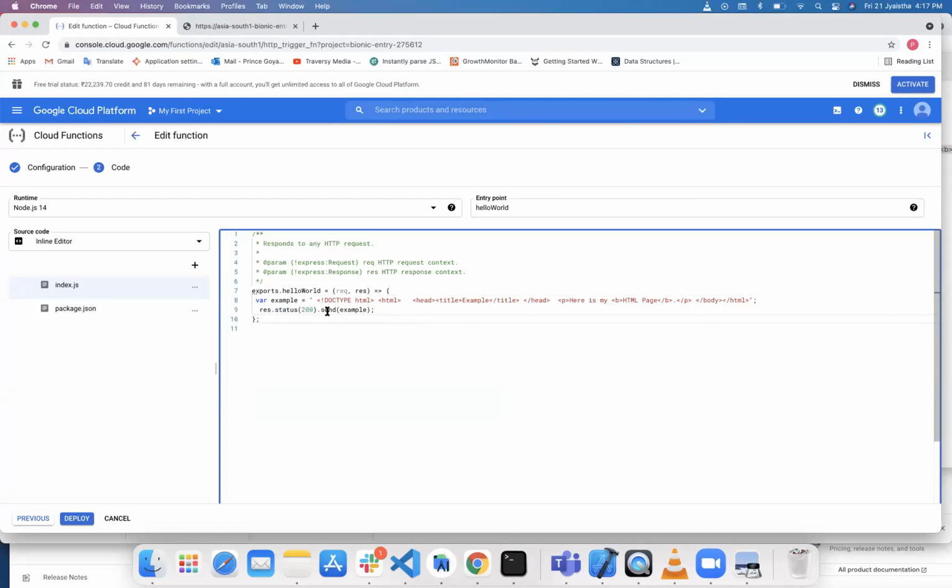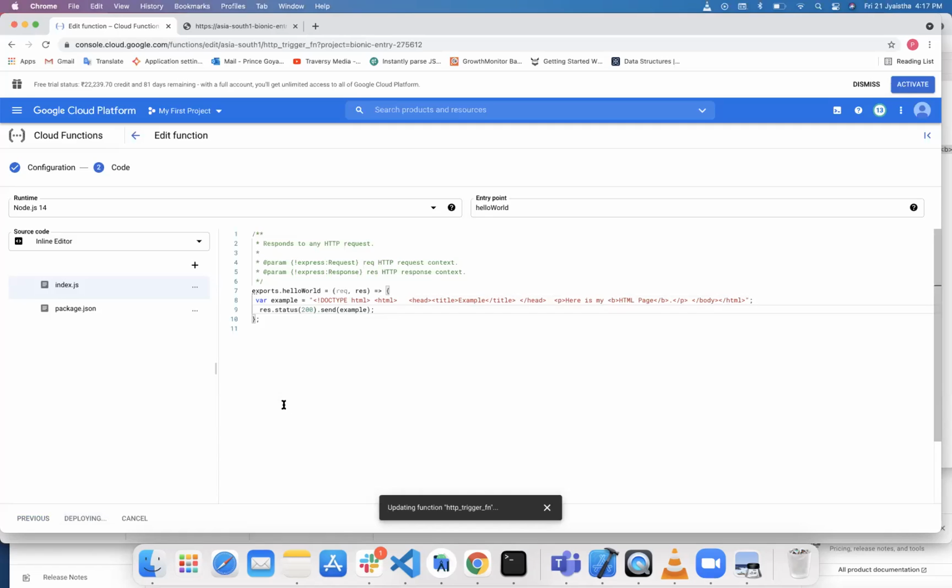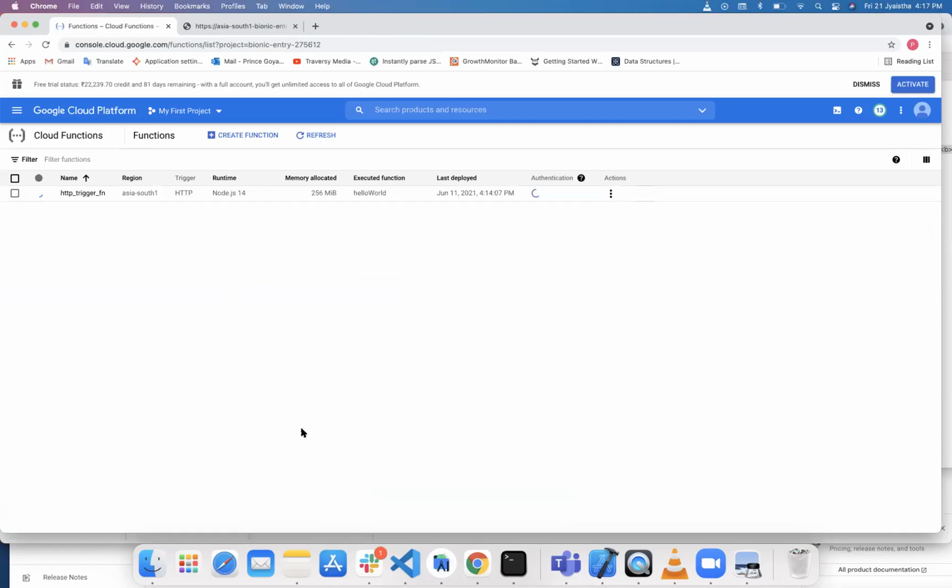So we can just check the HTML. In the HTML, this is just a simple HTML code where we have just printed, here is my HTML page. So we can deploy it and check. Again, it will take some time.